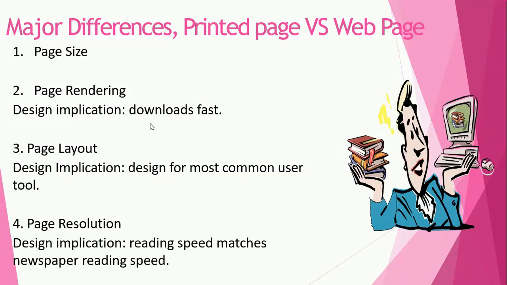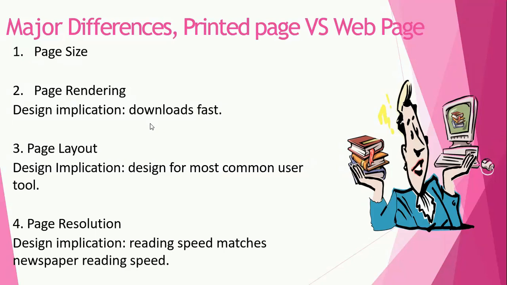The visual impact of the printed pages is usually maintained in hard copy form, while for web pages, all that usually exists are snapshots of the page area. So the printed pages are always maintained as hard copy, and you can feel that hard copy in your hand. Whereas web pages are all snapshots, or you can say you are maintaining the soft copy of the pages.